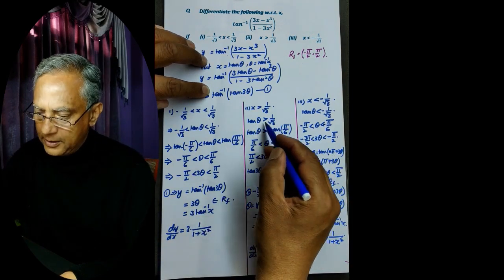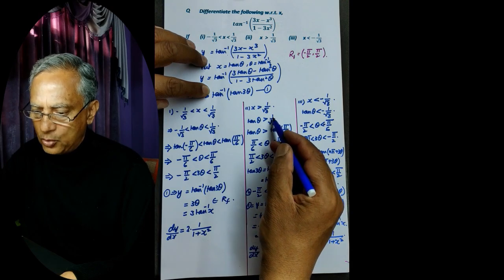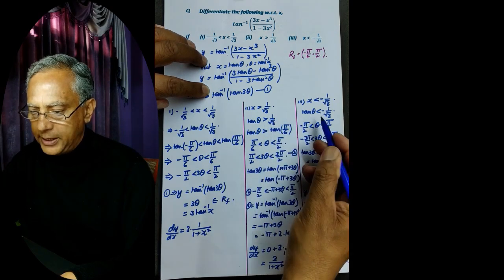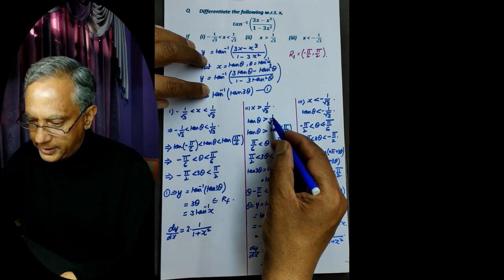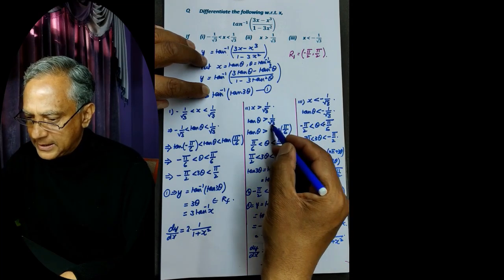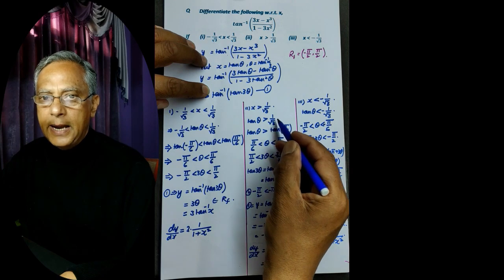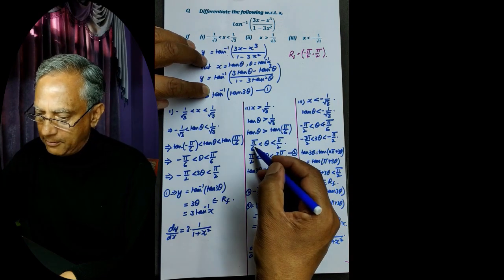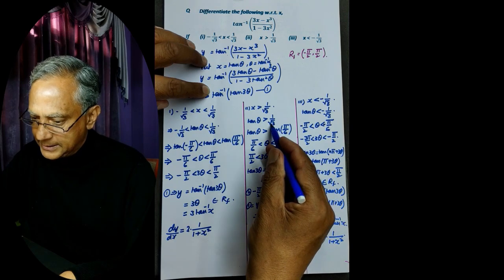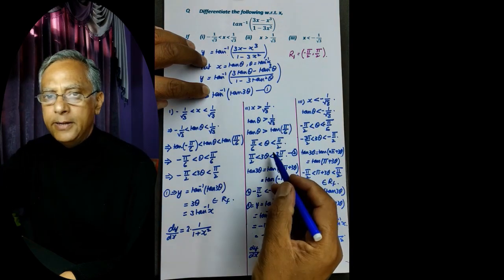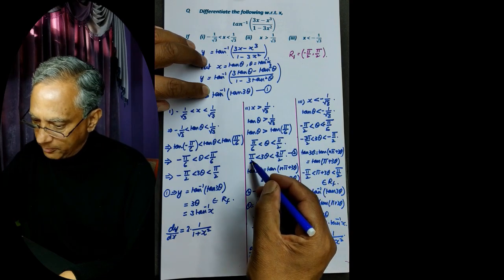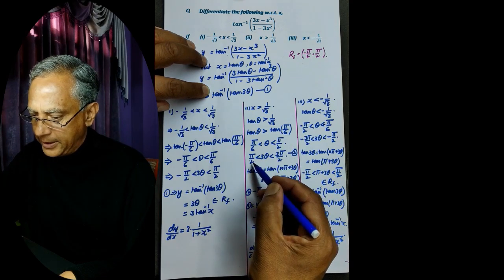So we can write this as 3 theta. But here tangent theta is greater than 1 by root 3. This means the values of tangent theta lie from 1 by root 3 to infinity. Now tangent of pi by 6 is 1 by root 3, and tangent of pi by 2 is infinity. Therefore, theta must lie between pi by 6 to pi by 2. And on multiplying by 3, we get